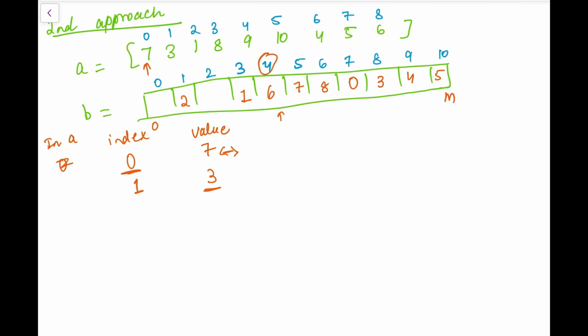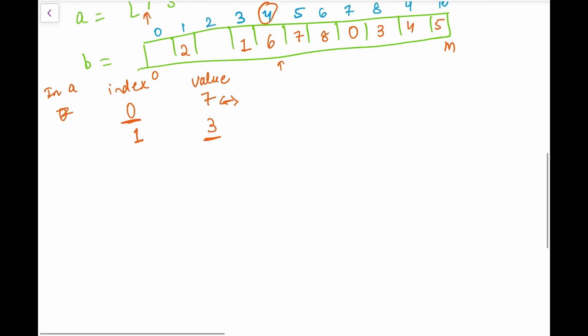So as I increase i, it will be the greatest up until now, and I can just check what the value is at any index in B. So I'll have to maintain a counter to keep the minimum value up until the ith position. Let's see how the pseudocode for it works.